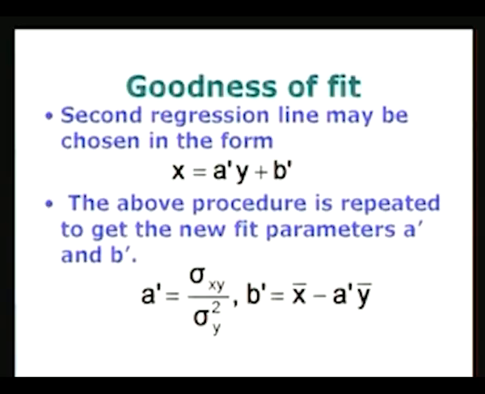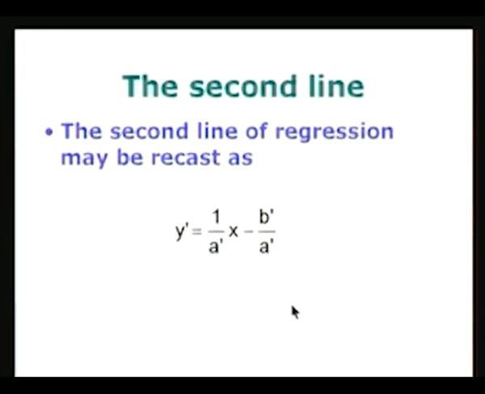and now we remember what we did for obtaining a and b. A similar procedure gives you a prime equal to sigma xy divided by sigma y squared, b prime equal to x bar minus a prime y bar. So, b prime and a prime are obtained by using the statistical parameters, and then the second line is given by y prime equal to 1 over a prime x minus b prime by a prime, and therefore,